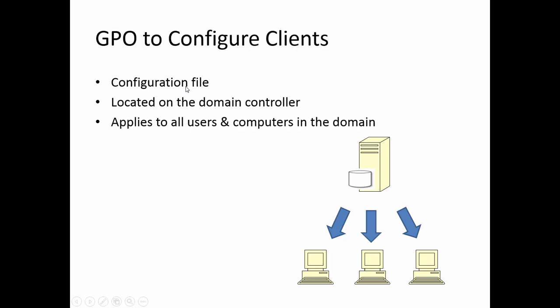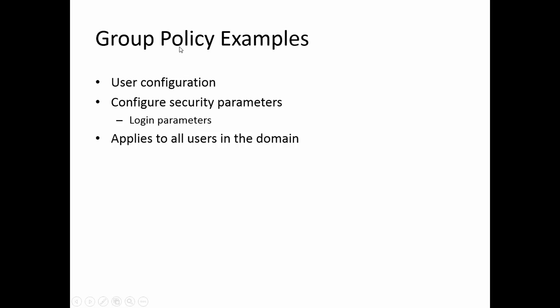A group policy object is a configuration file which is located on the domain controller, but which applies to all users and all computers in the domain. Instead of manually walking around to each computer to configure it, you configure the domain controller and it pushes those configuration variables down to the users or the workstations. Group policy can be used to configure user properties or computer properties. An example of user configuration properties might be to change security parameters such as login parameters. And the point is, we do it once on the domain controller